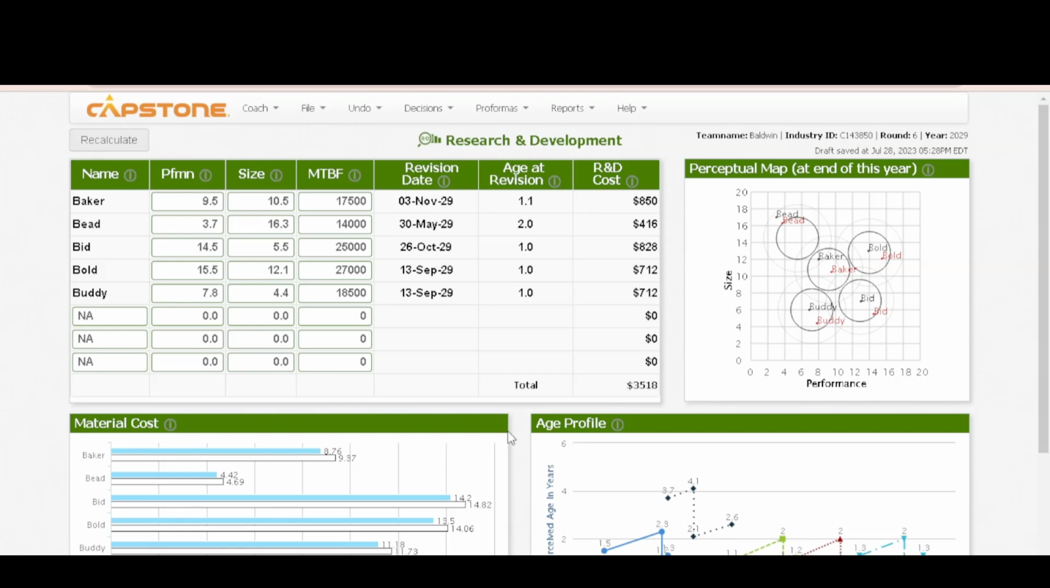In this simulation, we are using broad differentiation, which is the strategy that we are using. So we can just go straight on making decisions. We have been told that on Baker, we should have an ideal position of 8.5 and a size of 11.5. So I shall move both of them by 1.1. We shall increase the performance and reduce the size,